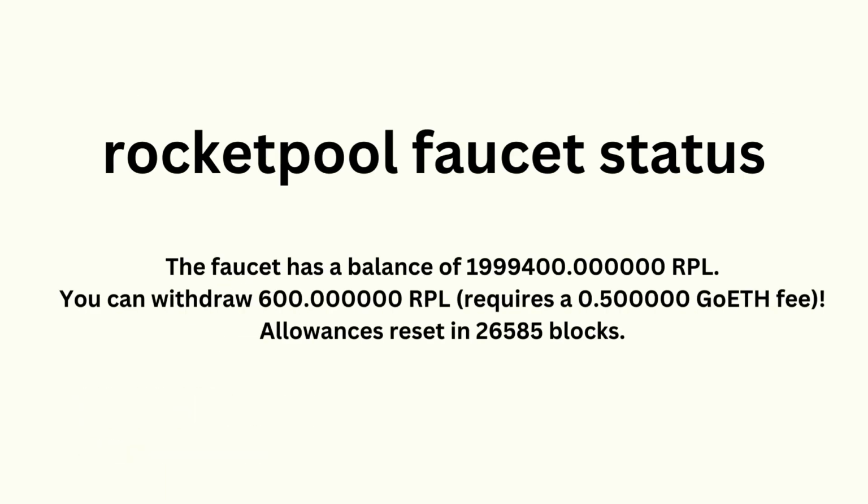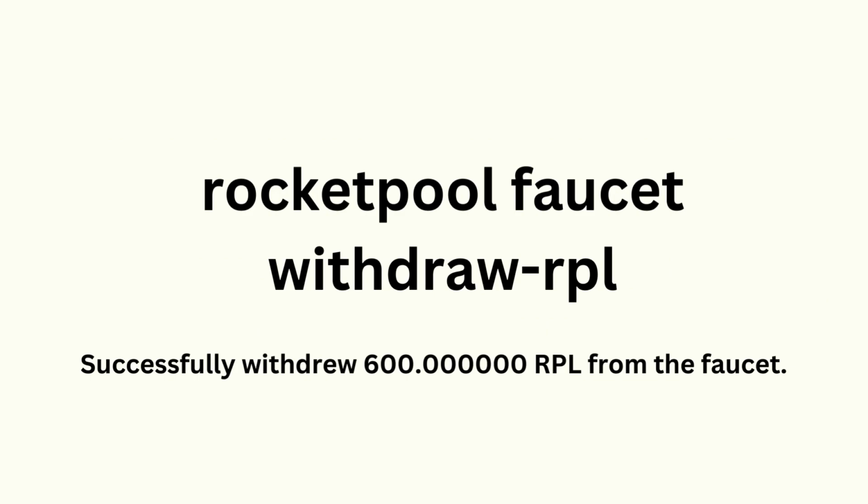You can access the built-in RPL faucet on your terminal, and we can use the following command to check on its status and how much you can withdraw. Now the faucet is on a timer, so each node operator can only use the faucet once every 4 to 5 days. To receive RPL in the faucet, type in the command listed,